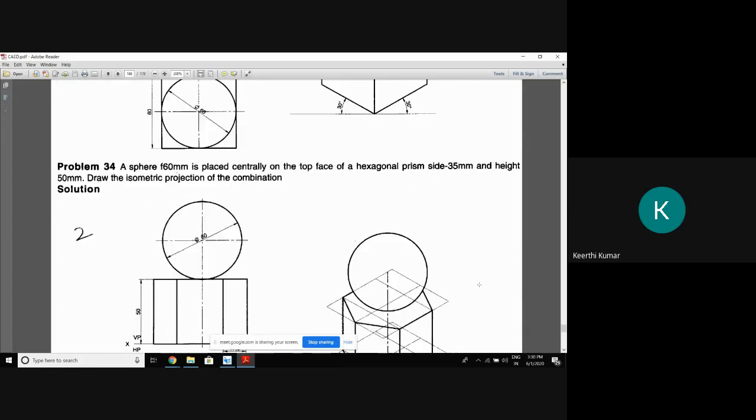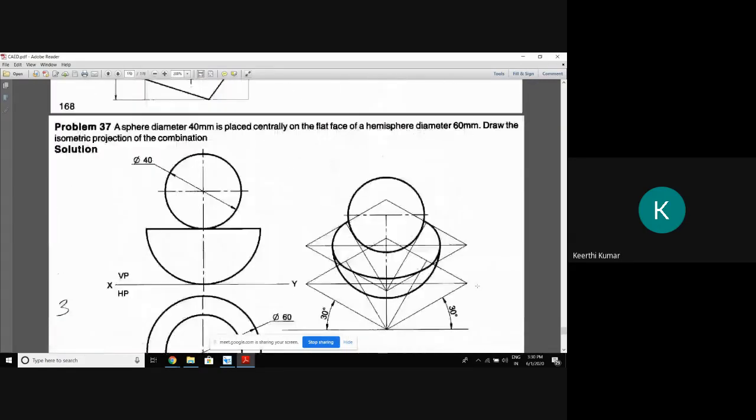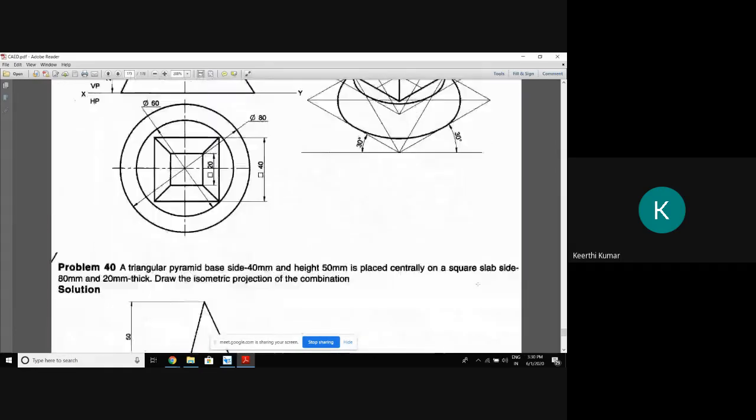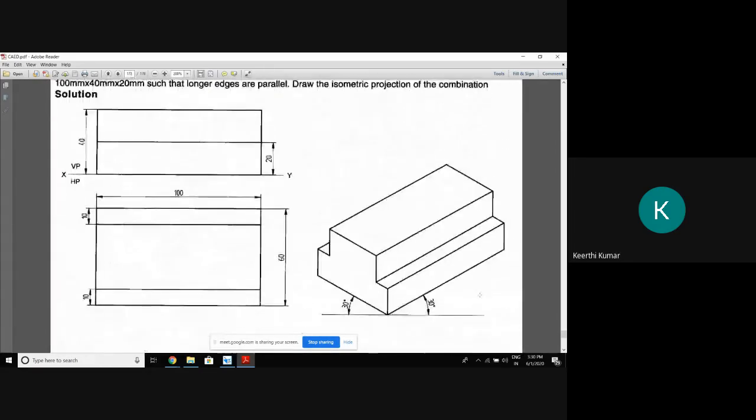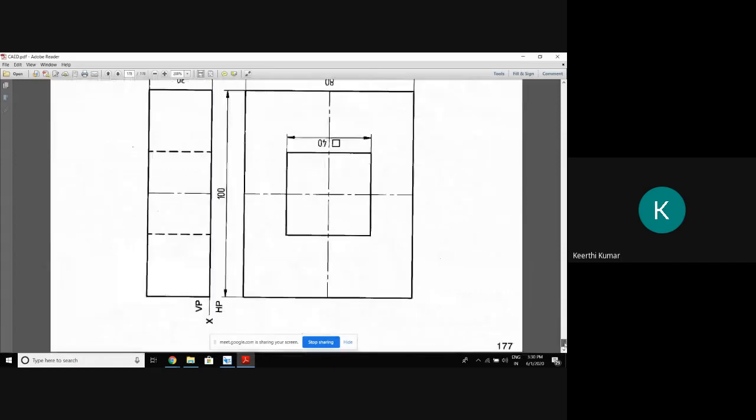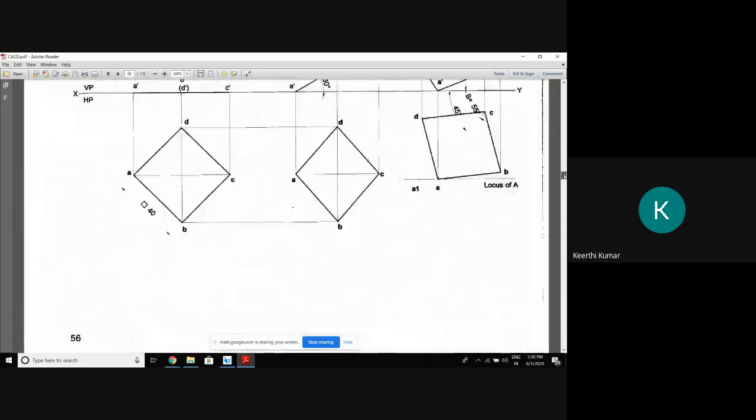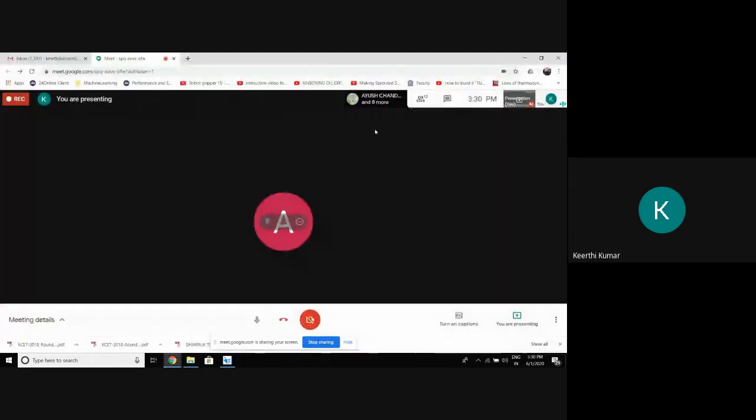I hope you can take those two problems. The remaining I'll explain in the next class, as there is some change in concept. Take these 2 problems as an assignment. All of you type your revision number. You can leave the class. By Thursday you are supposed to show those 2 problems.